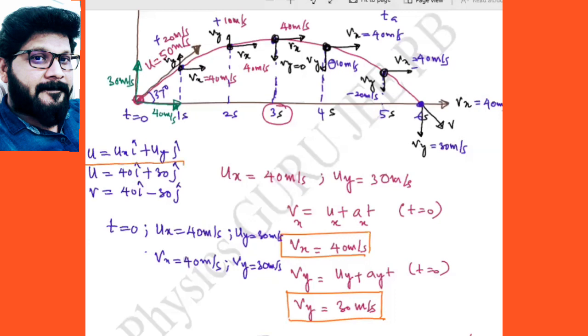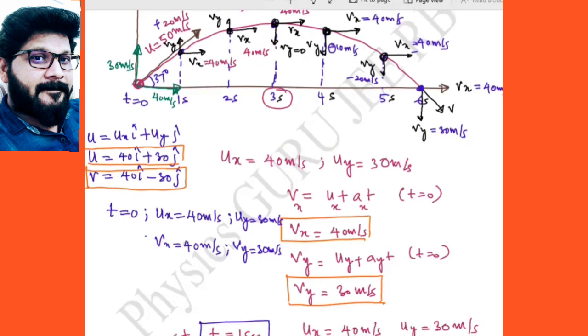So initial velocity, final velocity: the magnitudes are again equal. Now you can see Vx and Vy here. In 6 seconds it is reaching the ground. It is just touching the ground. That means this 6 seconds is called... Can anybody tell? What do we call that 6 seconds? Anyone?